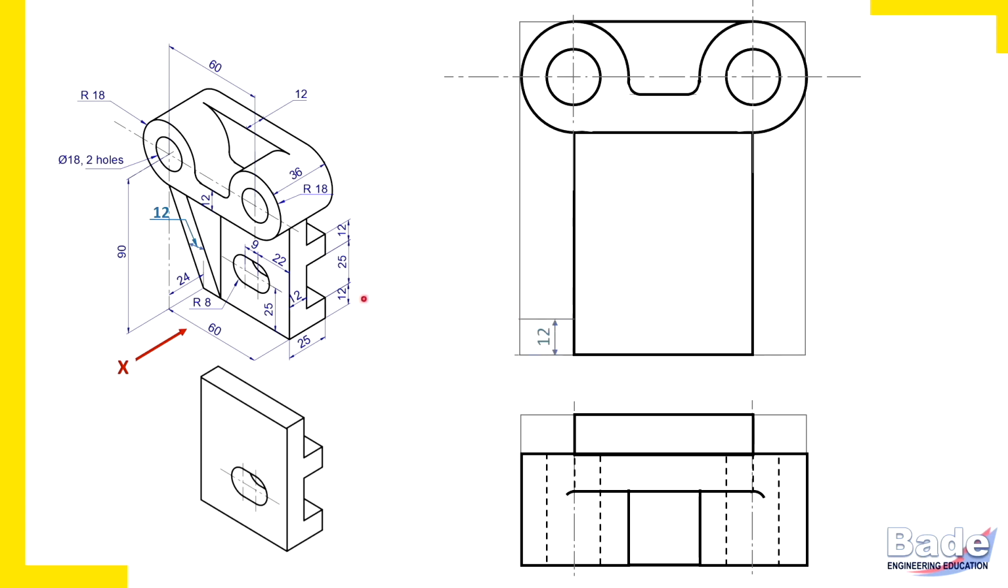Measure 12 millimeters from bottom. Draw that hidden line. From front, these edges are hidden. 25 millimeters I have measured. Draw the hidden line. And 12 millimeters again I have measured and hidden line. These edges are parallel to length axis. Okay. So this is how the front view